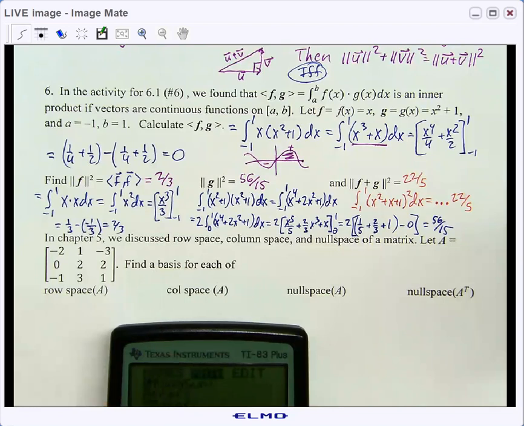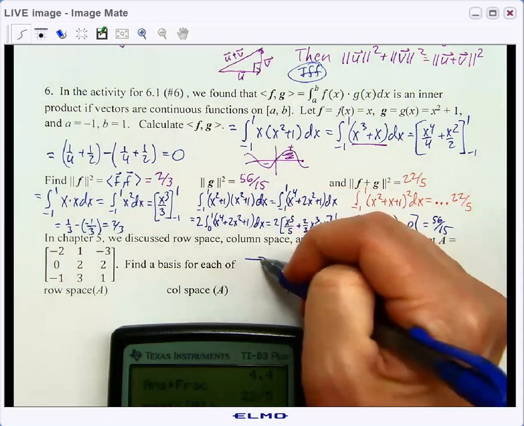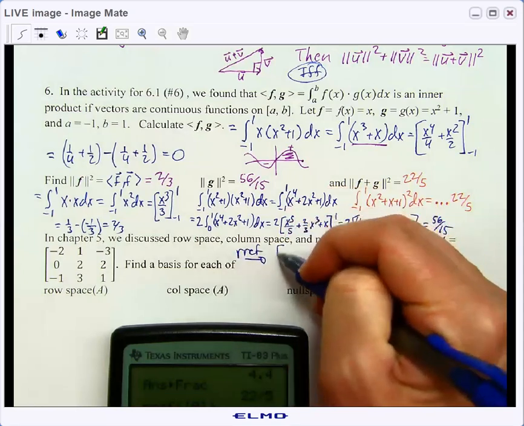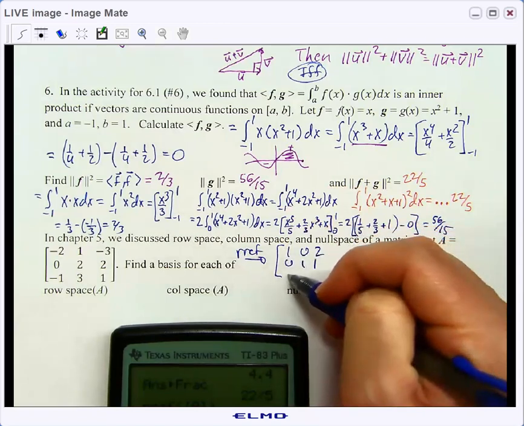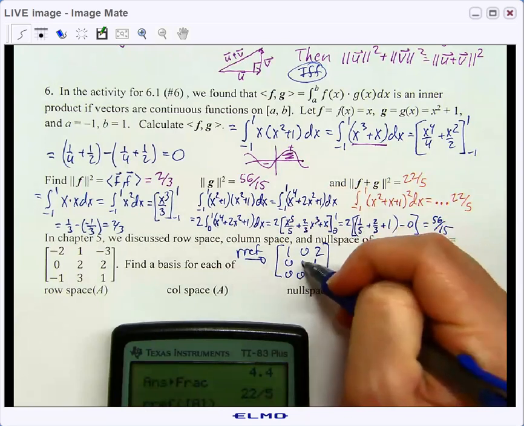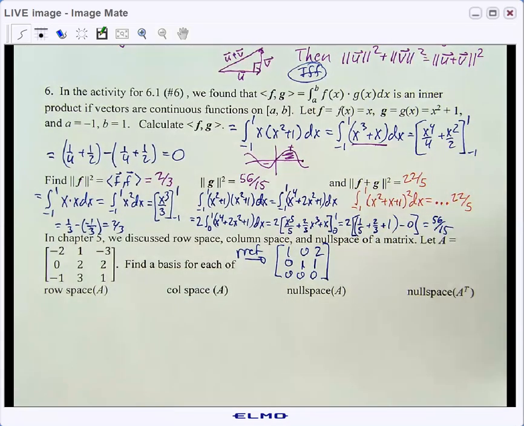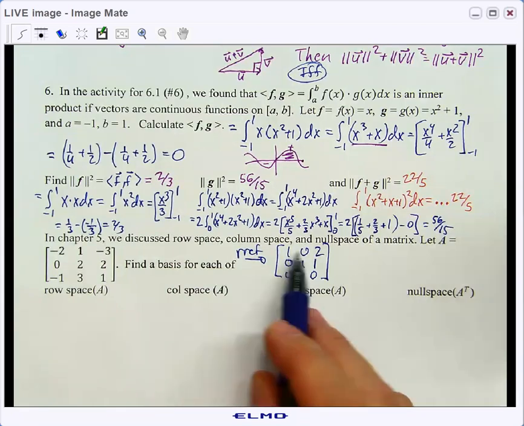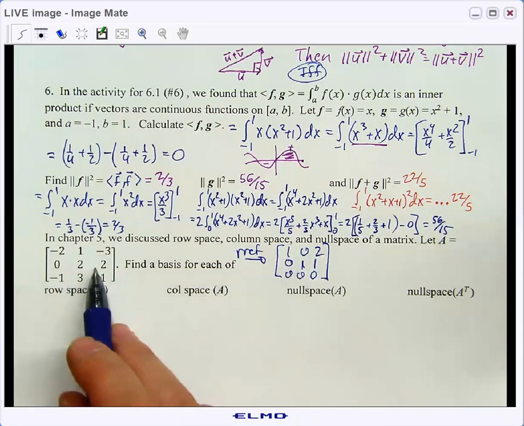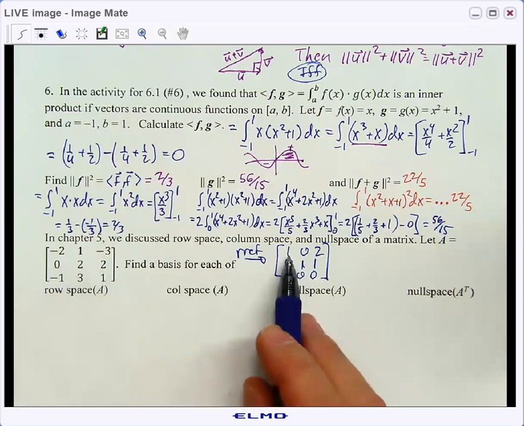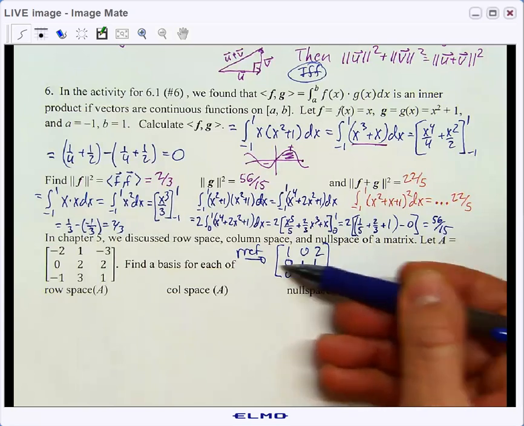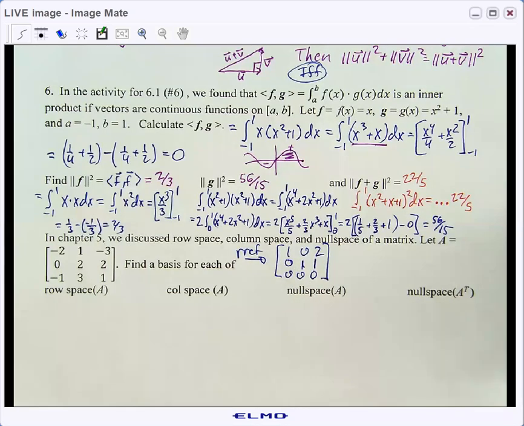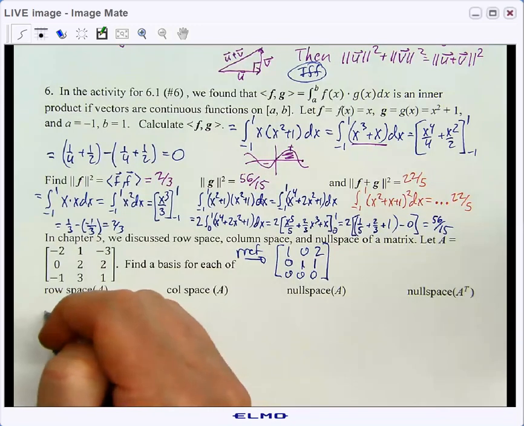So if we RREF matrix A, we get 1, 0, 2, 0, 1, 1, and 0, 0, 0. So that tells me that a basis for the row space would be either the first 2 original rows if there have been no row swaps, or, since the row operations don't change the row space, I could use these first 2 rows of the RREF matrix because they have the leading ones. So I could use either